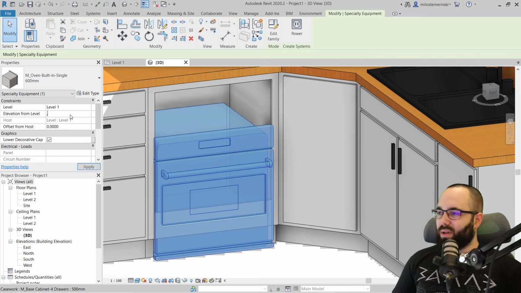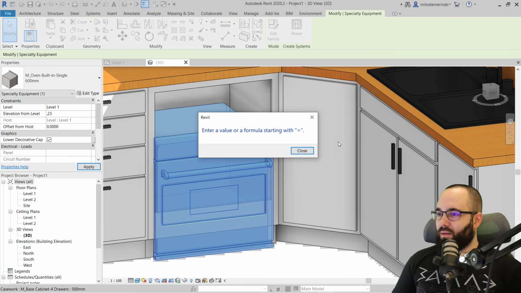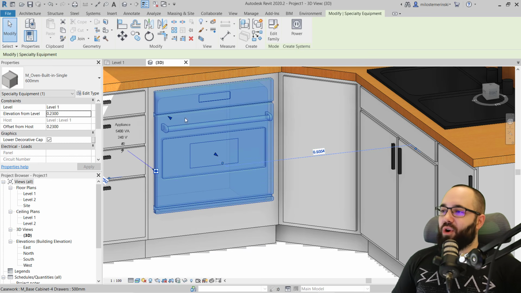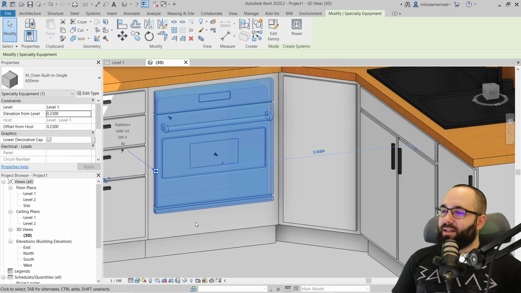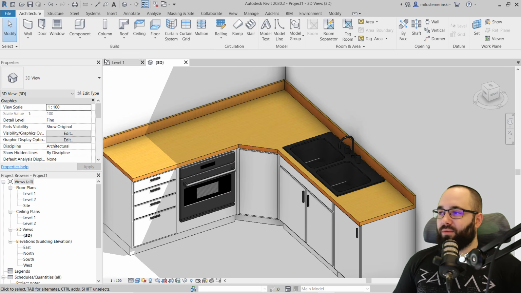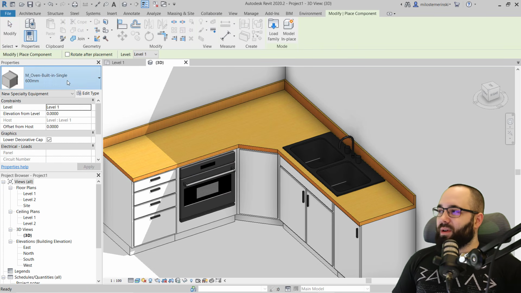So I'm just going to go with 0.23 centimeters. Oops, my keyboard is, yeah, so let's go with 0.23. I think that will give us the proper height. There we go. And then obviously you can just use the arrow keys to nudge it in place, but I think it's fine like this. So there we go. We have our oven,